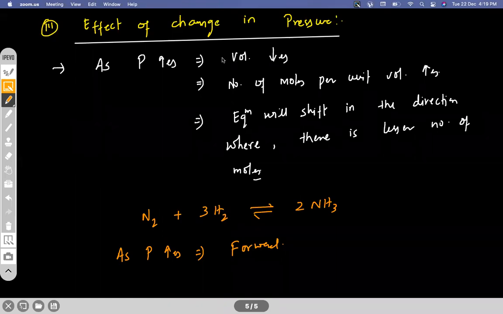Sometimes you'll get some confusion in this, like what to think and what not to think over here. So we have a mathematical relation also that you can think of here. Let's discuss that particular way also. For that, we have 3 different conditions we need to take. Like the first case where delta Ng equals 0. Suppose we have a reaction in which delta Ng equals 0. It is under pressure only we are doing, right? So suppose I'm assuming a reaction A gas gives B gas. Delta Ng equals 0 for this one.